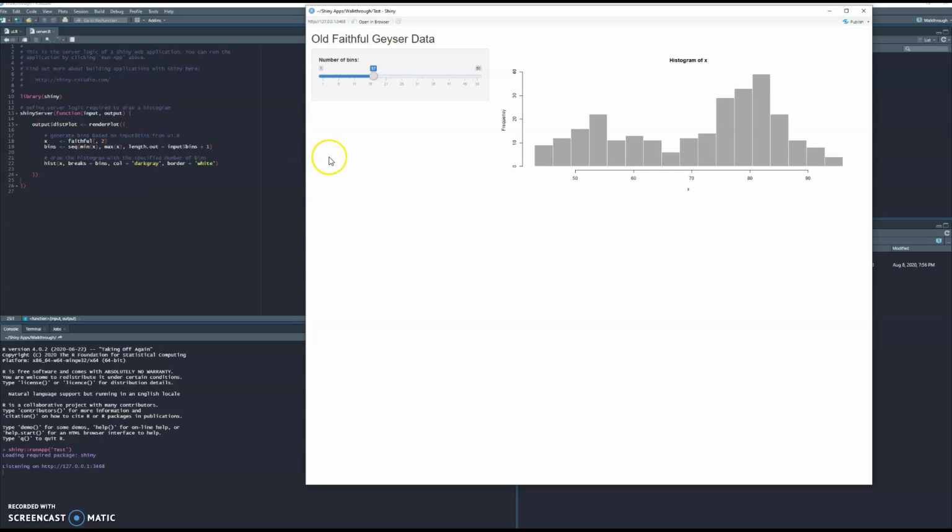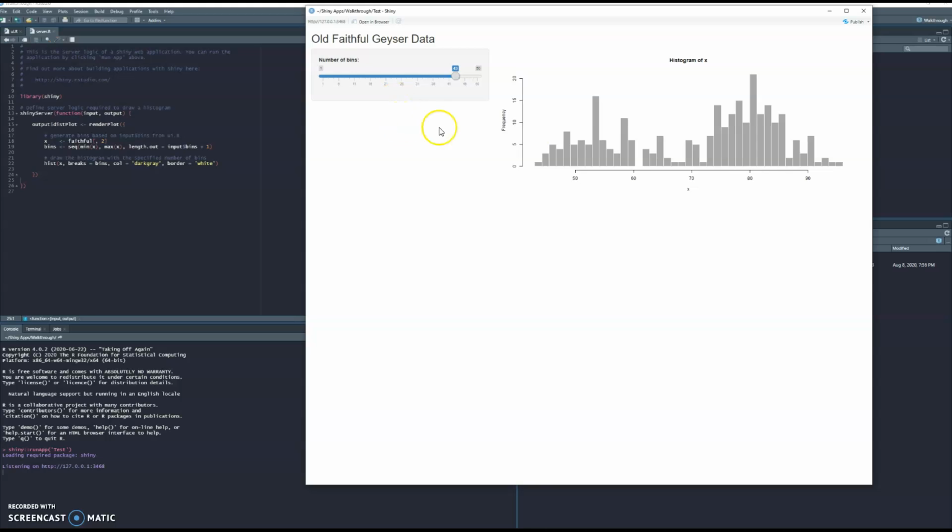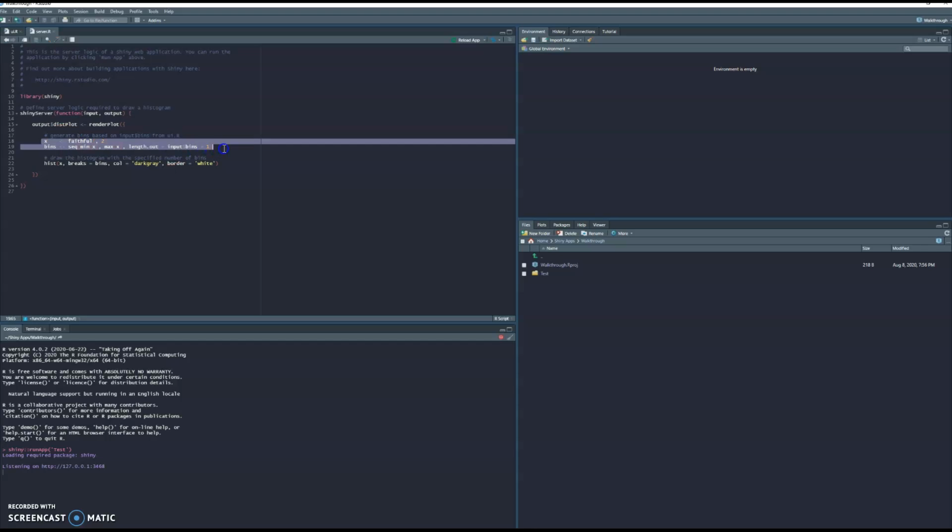So you can do this with multiple things, as I said. If you want a data table, put that in. You can put it as an action button, so rather than this updating every time, you could have it as an action button. So lots of useful things we can then change to see how we wish to have our layout. We can also, for example, here we have our data being set up in the render plot. If we wanted to do that outside, we could do that. If we wanted to store things, all that's possible. So it becomes much more complex. So this is a very simple